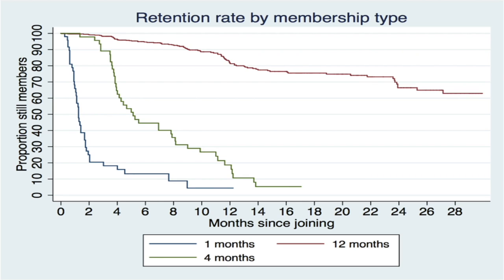80% of the people who bought those types of contracts were gone within 2 months. They also had a 4-month agreement, and you can see that in the green line. And their 12-month agreement was a month-by-month payment, but a minimum of 12 months. And you can see that that's a pretty decent line for this type of operator.